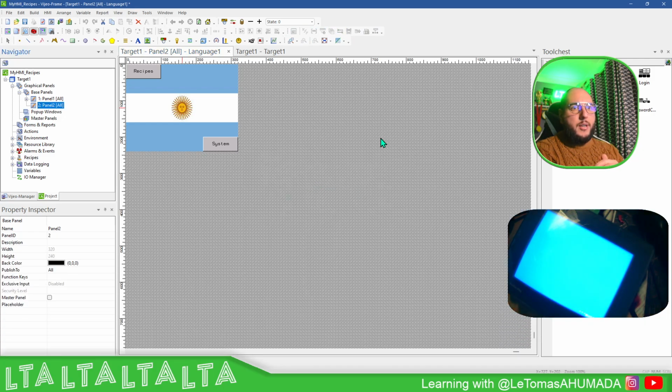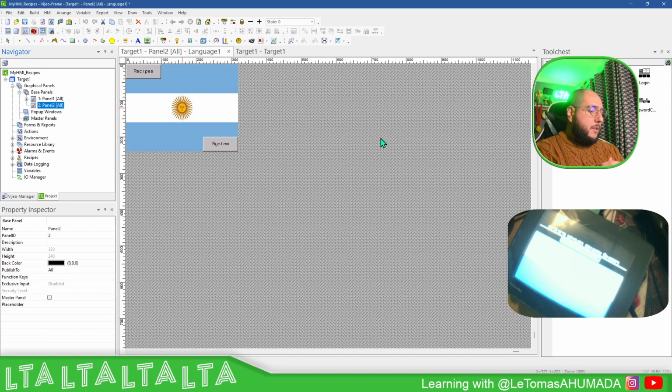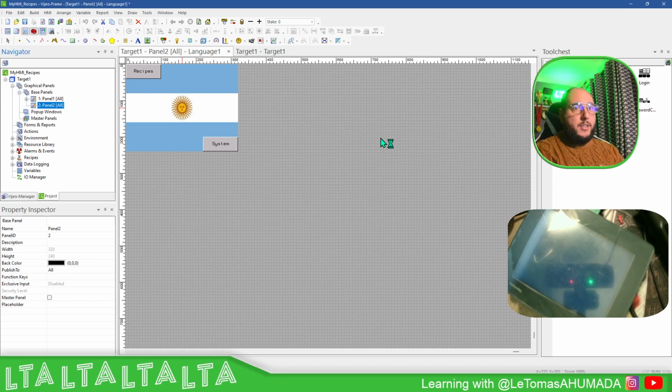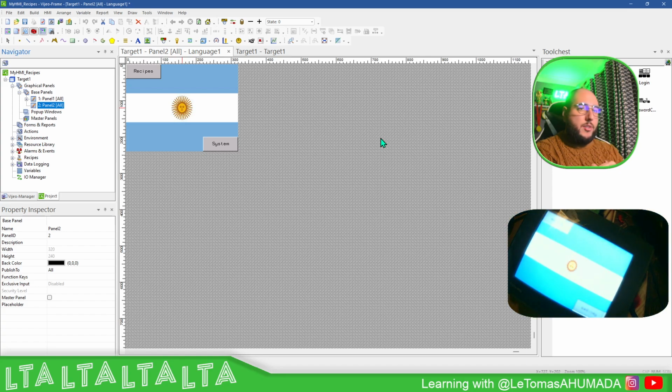It's finished on this side. It's putting up the firmware version. And then it's going to load the welcome screen I changed before in the previous video, and this is the new application with the Argentina flag and the